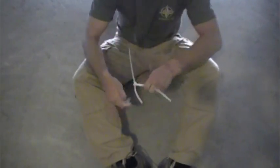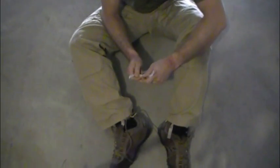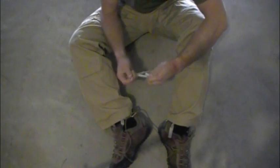move my feet back and forth like this and burn right through the zip ties. And that is how to make a friction saw